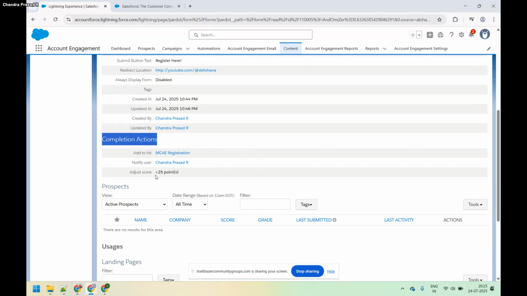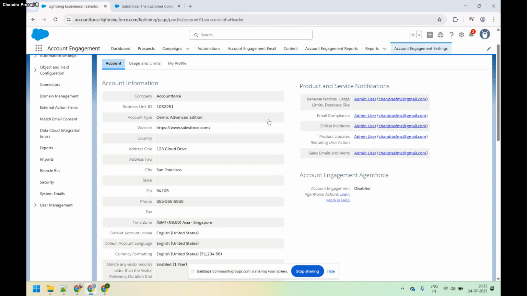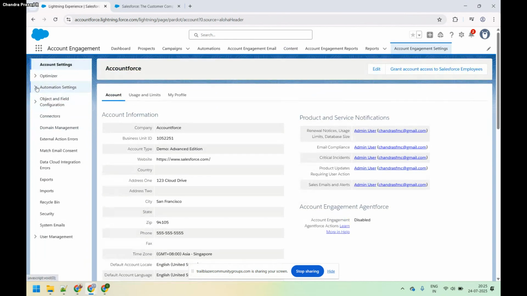Notify the user what is happening, and we have adjusted your score: 50 points plus 25 points. 50 points is a base one. So you might be wondering where that 50 points has been given. Don't worry, we'll be discussing this in the next and final session, where we will be discussing automation